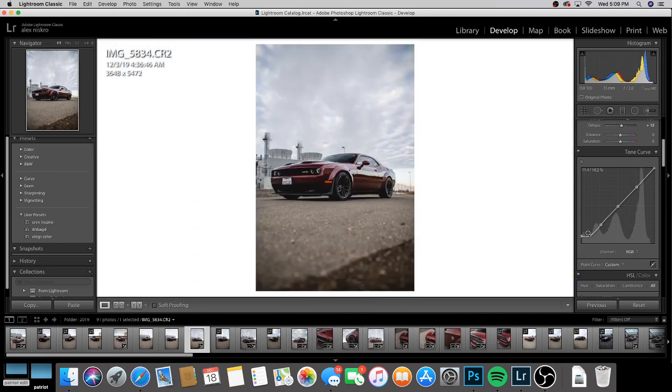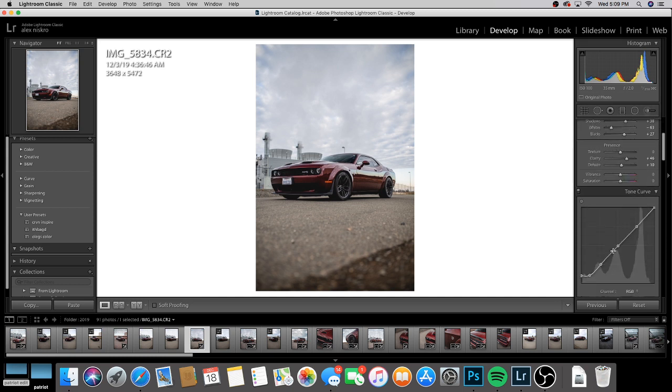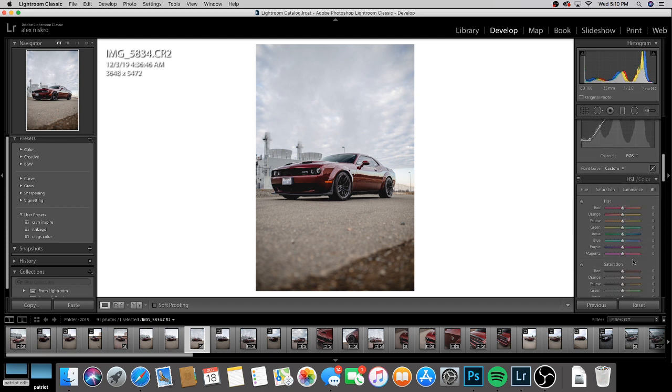There we go. I'm going to turn down the contrast a bit. There we go. Turn that clarity down just a tiny bit. Now we can start messing with this a little bit. For punchiness, I'd probably go just a little bit. Turn that up. And, you know, we'll just keep that, let's kind of go like that. We'll keep that pretty leveled out. For the reds, I'm not really going to mess with that. And then the oranges, oh,